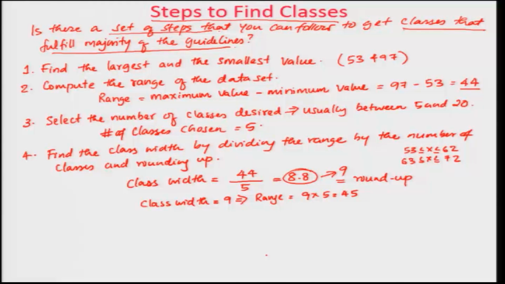Or another thing I can do is, I know this is 9, I can maybe round it off to a different number. Another way of doing it is 50 less than or equal to x less than or equal to 59. Then 60 less than or equal to x less than or equal to 69, like that. I can do that kind of a class width as well. Okay. Once I get this, then I can decide how to proceed. So if I have 5 classes of 9 width each, then I would be able to get to what I want to do. Okay.